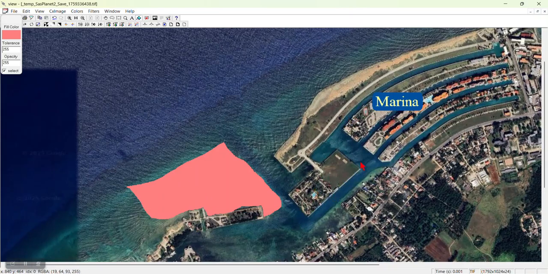We put in the marina. Where did the other one go? Anyway, let's do that again. Let's put in the marina. Okay, once you've added the text and highlighted an area, you now have to